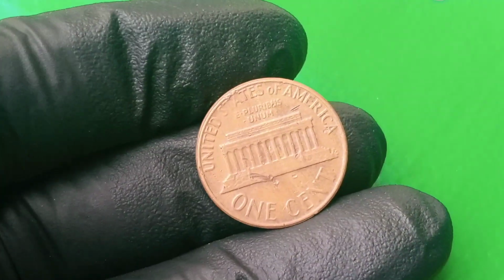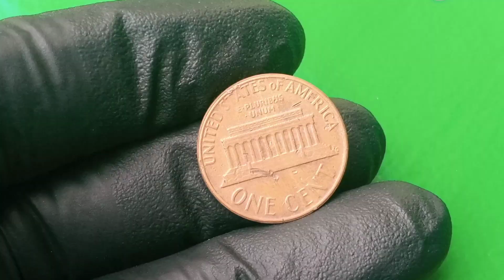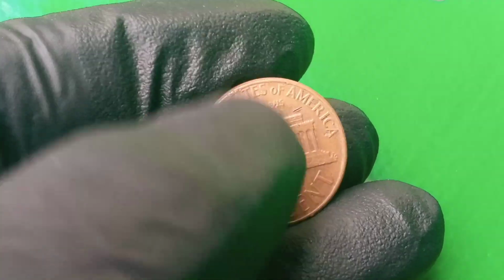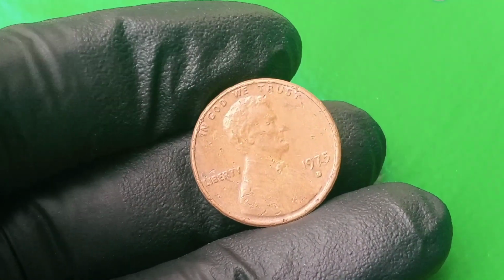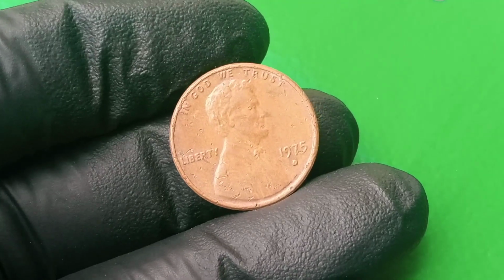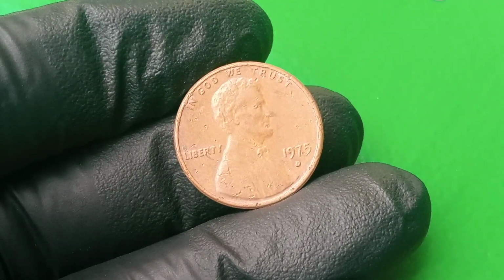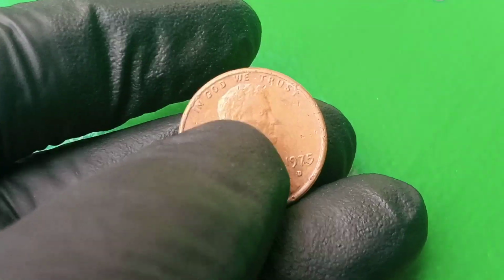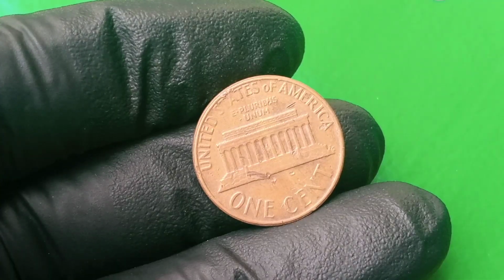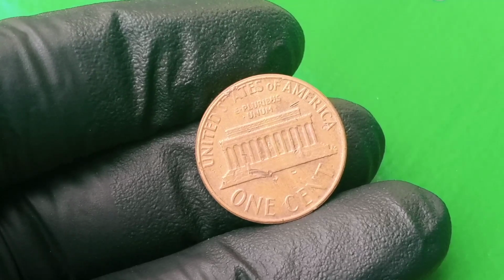And for anyone who loves the thrill of the hunt, the 1975 D penny story is a beacon of hope and excitement, a reminder that treasures can still be found in the most ordinary places. And so the moral here for collectors, casual enthusiasts, and even the merely curious is simple: check your change, learn to recognize the signs of an error coin, understand the grading and authentication process, and never underestimate the potential of even the smallest, most humble pieces of currency, because as the story of the 1975 D Lincoln Memorial Cent proves, sometimes 1 cent is all